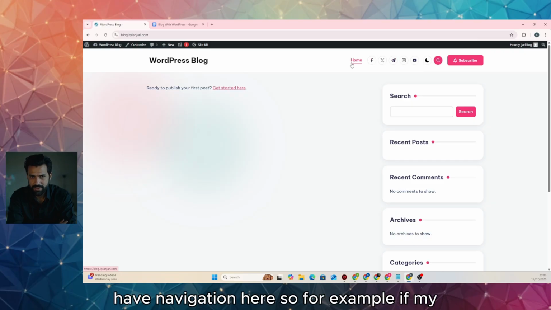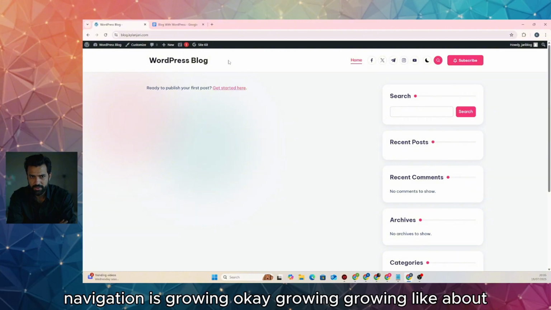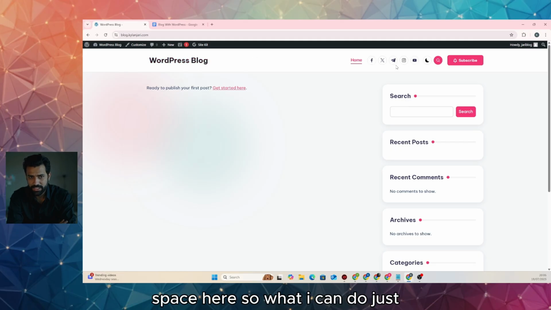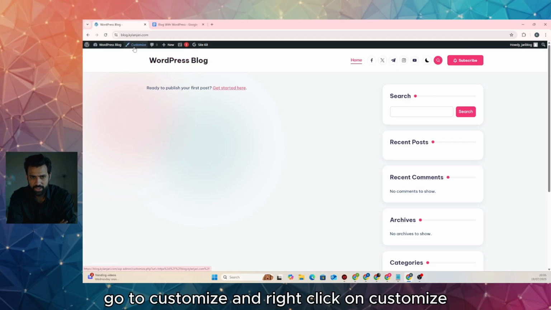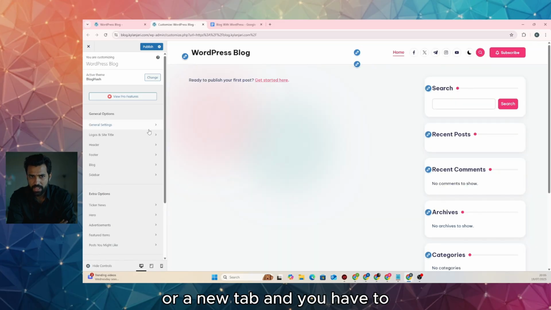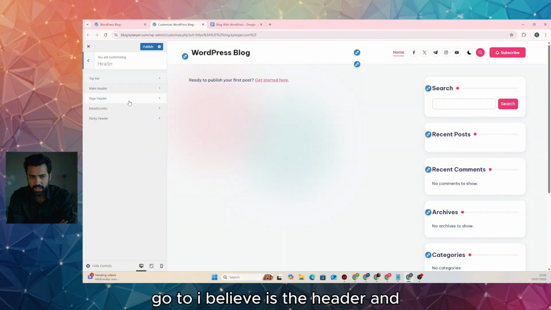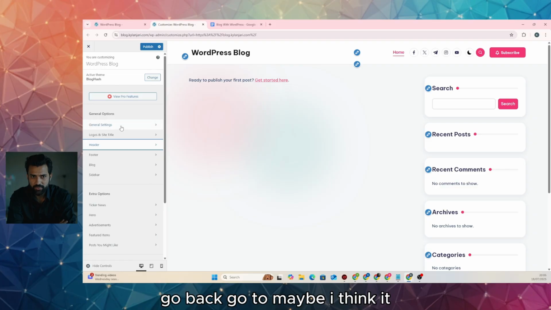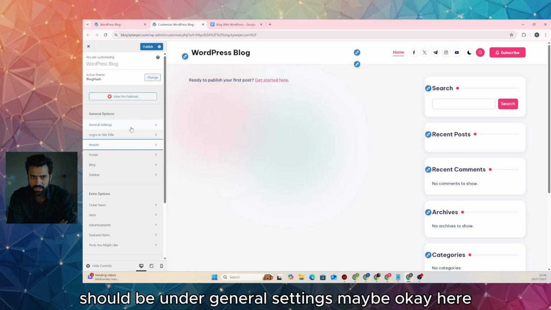So for example, if my navigation is growing, like about page, contact page, and all other pages, as you can see, there will not be enough space here. So what I can do is go to customize, right click on customize, and click on open in a new tab. You have to go to, I believe, the header, and the top bar main, sticky header, okay, go back, maybe it should be under